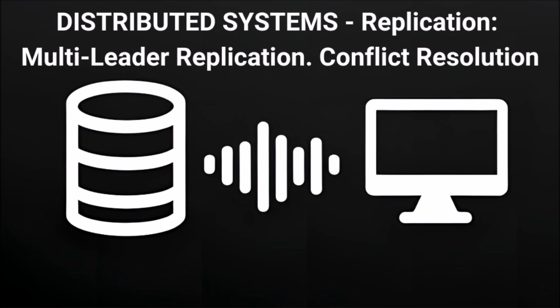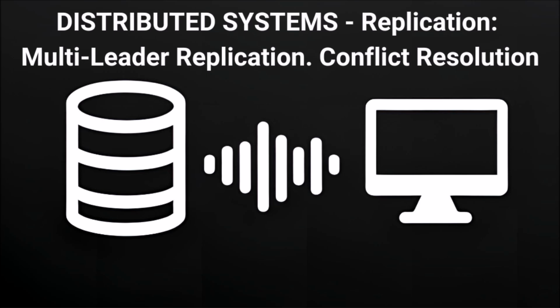So we need a plan B. We hear this term convergence. What's that actually mean for our wiki titles B and C? What's the end goal? Convergence just means that eventually all the replicas, all the leaders, have to agree on the same final answer. Can't stay B over here and C over there forever. The system has to settle on one value. If every leader just applied updates whenever they arrived, you'd get that permanent split-brain state, totally unacceptable.